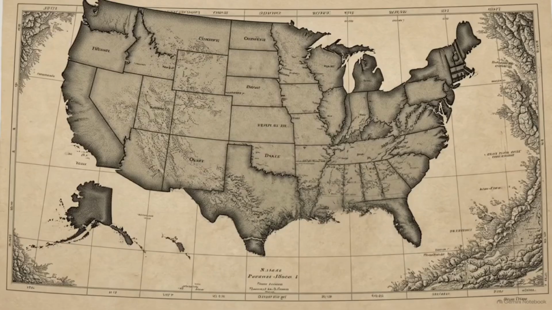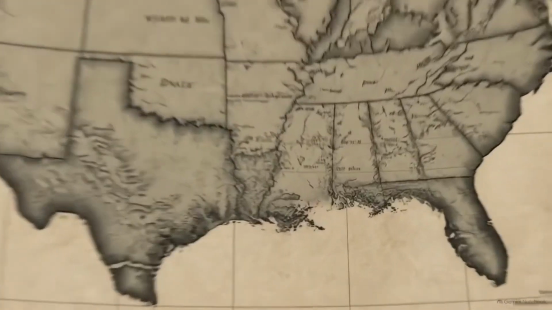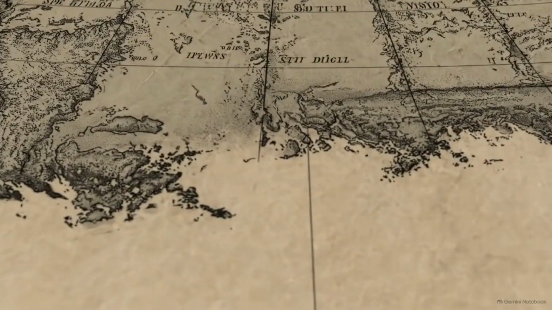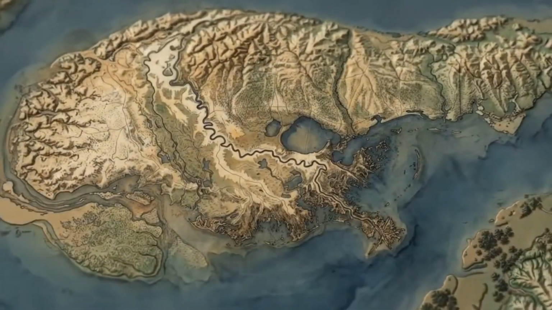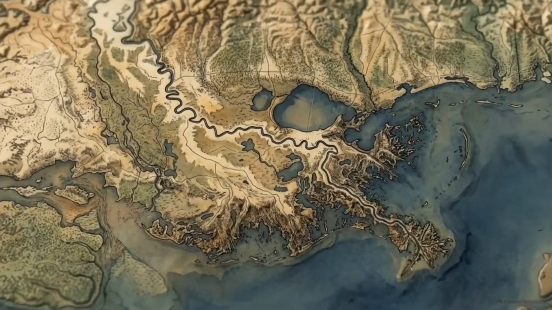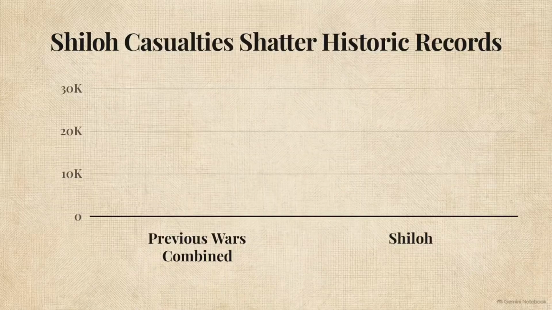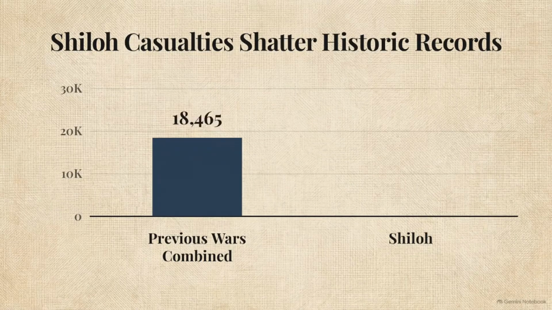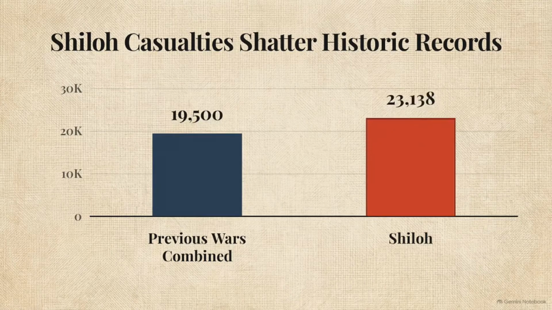In April 1862, Union and Confederate forces converged on a remote stretch of the Tennessee River Valley, drawn by a network of rivers and rails. This chart compares the human cost of early battles. At Shiloh, 23,746 men were killed, wounded, or missing in just 2 days, a figure that surpassed the casualties of all previous